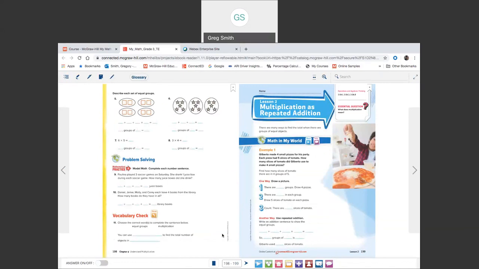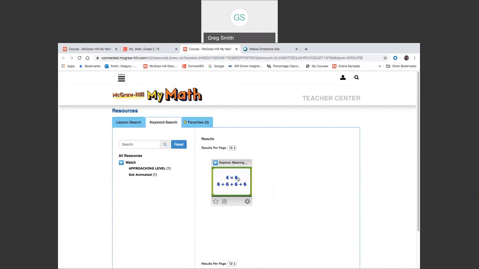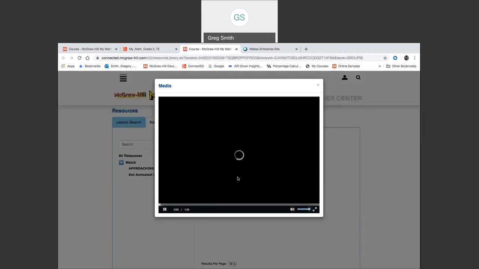Now down at the bottom of the screen, you're going to see that there are several icons, and these icons are there for your students as well. And they'll take your students to different aspects or digital resources that they can use during this lesson. So for instance, if my students come down to the bottom and click on the blue play button, they'll get access to a video that